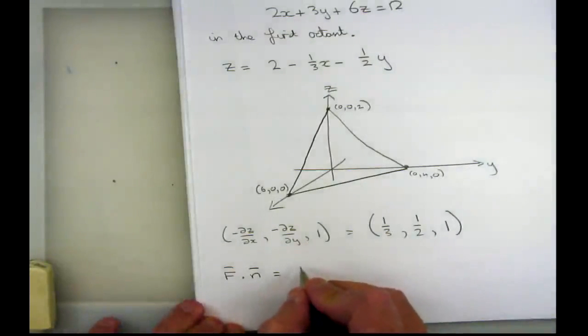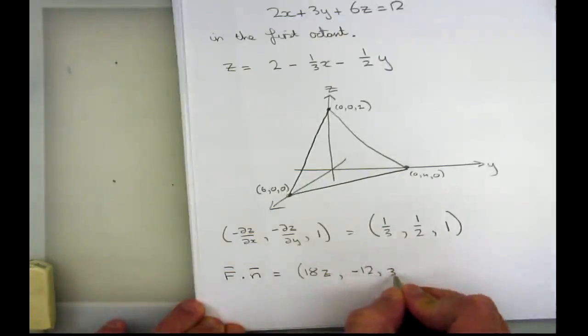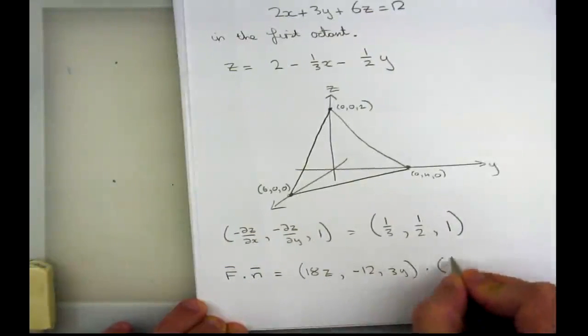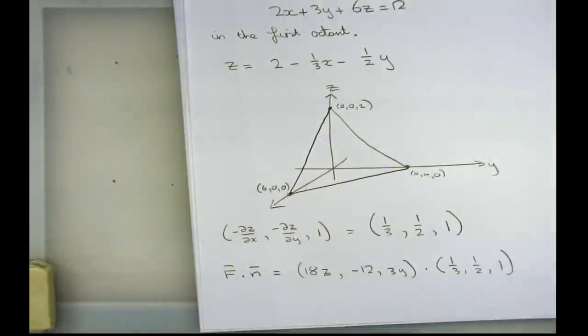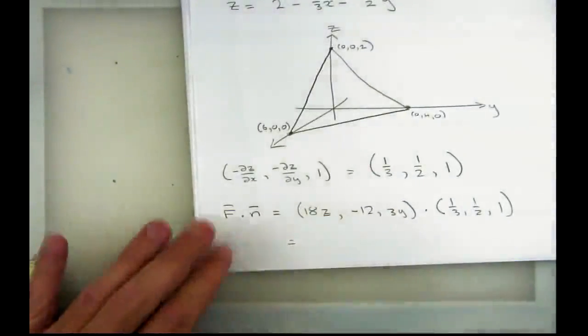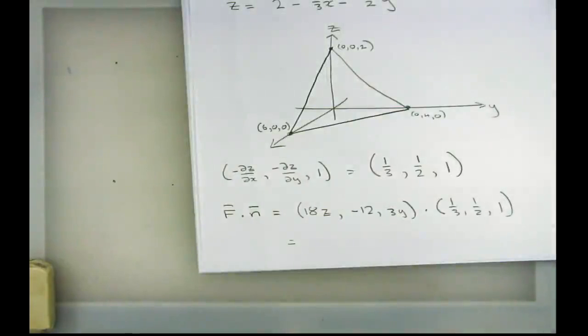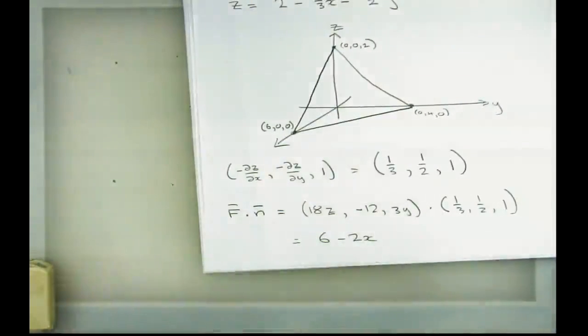That's just the vector field dotted with. Right, so basically, I'm just finding this thing. Clean this up. What do you get? You get, when you do it, that's basically 18z times a third plus minus 12 times a half plus 3y times 1. When you do it, you get that. Now, if there was a z still there,